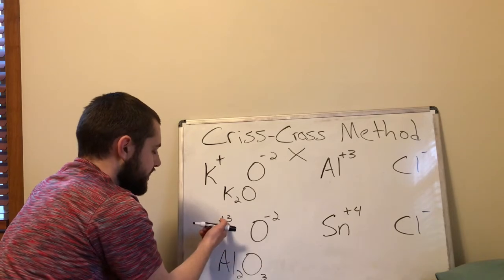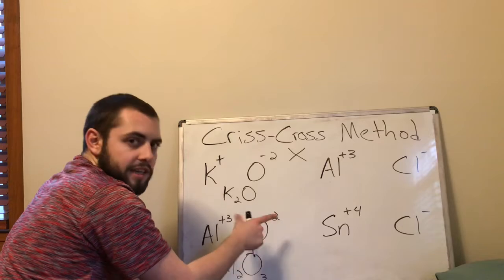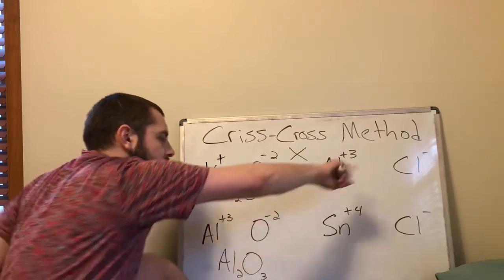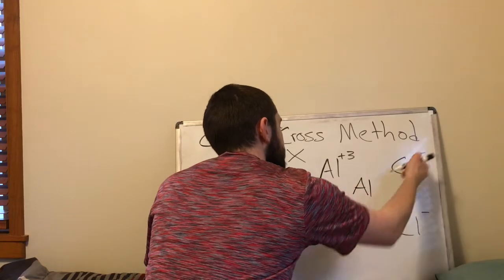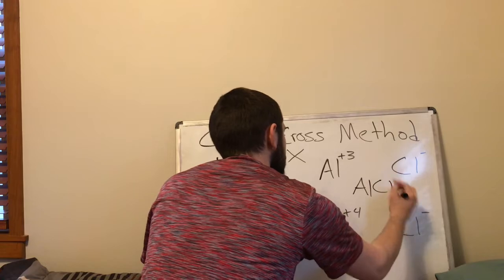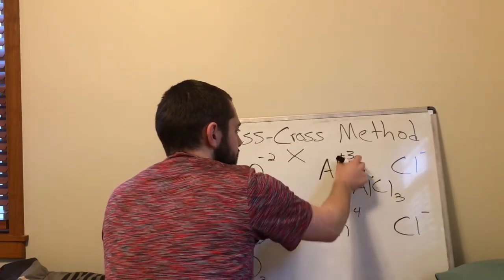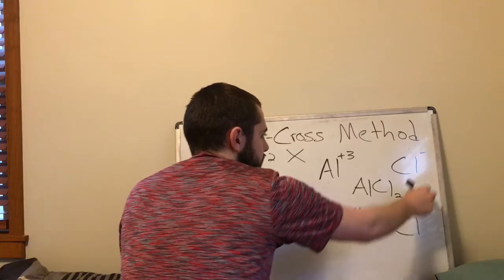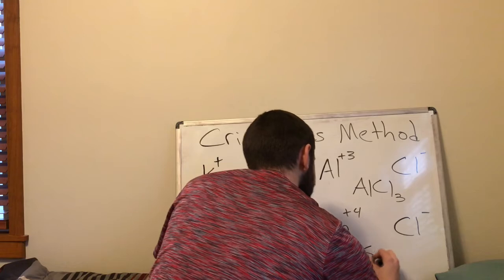2 aluminums, that's going to be a +6. 3 oxygens, that's going to be a -6. They cancel out again. Crisscrossing on this side. Al1, I don't need to write that one. Cl3, I will write this one. 1 aluminum, that's +3. 3 chlorines, that's -3. Cancels. Crisscrossing here,